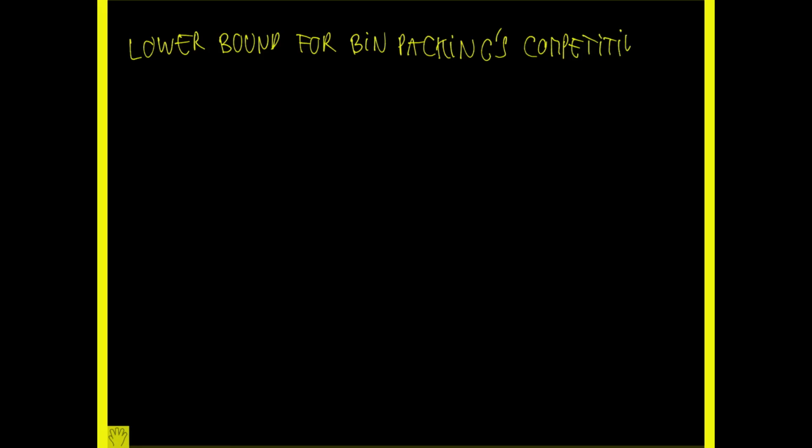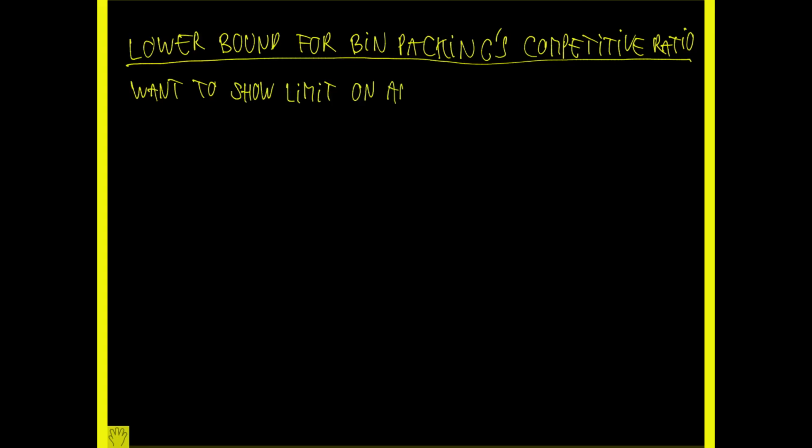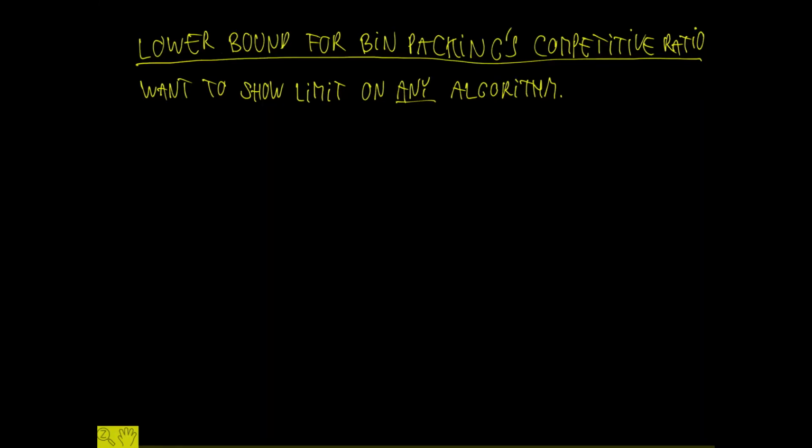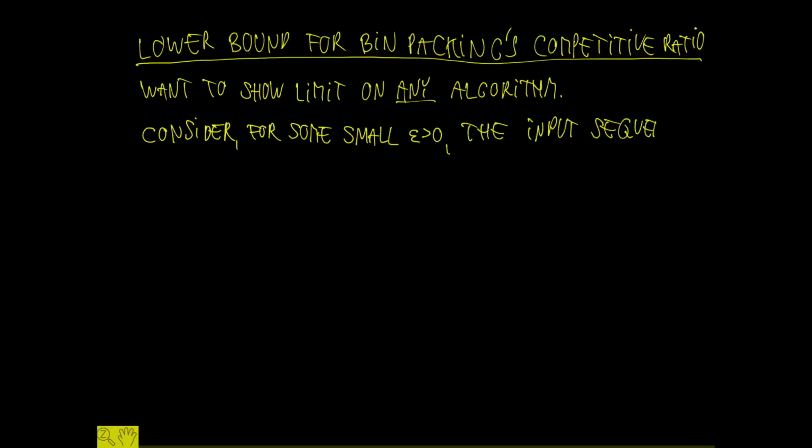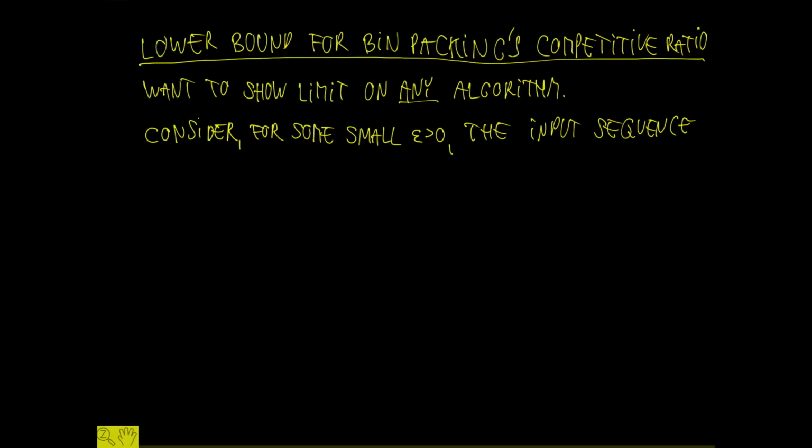It turns out that there are lower bounds for bin packing's competitive ratio that hold not just for first fit, but for any algorithm. So we want to show a limit on any online algorithm for the bin packing problem, not just a particular one. We're going to look at a particularly tricky input sequence. So let epsilon be some small number greater than 0, and look at an input sequence where we first have